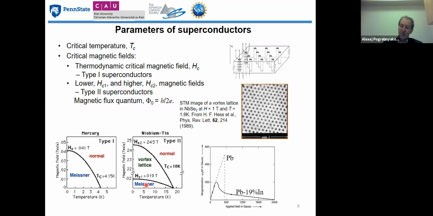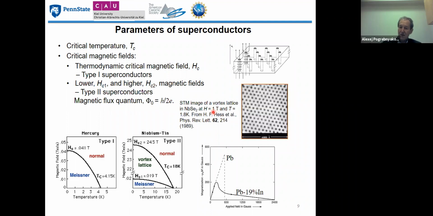For relatively low external magnetic fields, the sample is in the Meissner state, so there is no penetration of magnetic flux into the interior of the sample. But if the external magnetic field exceeds the lower critical field of a sample at a particular temperature, the magnetic flux starts to penetrate into the sample, and it penetrates as a vortex lattice, as shown here on this cartoon. And here is the top view of scanning